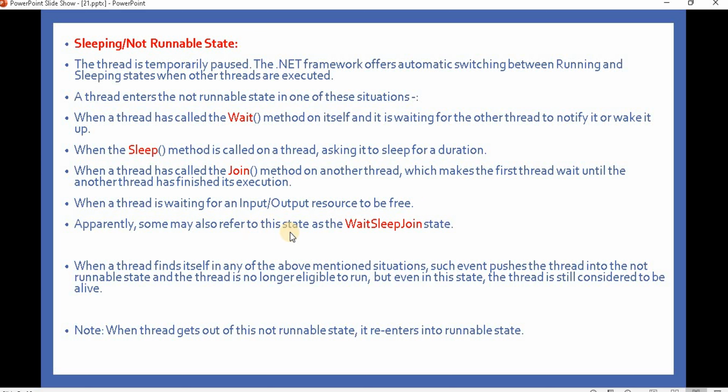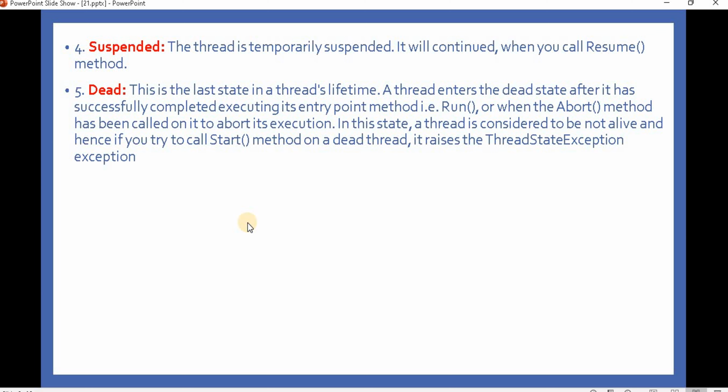Some may also refer to this state as the wait-sleep-join state. So these are the couple of places where the thread will be in the sleeping or not runnable state.